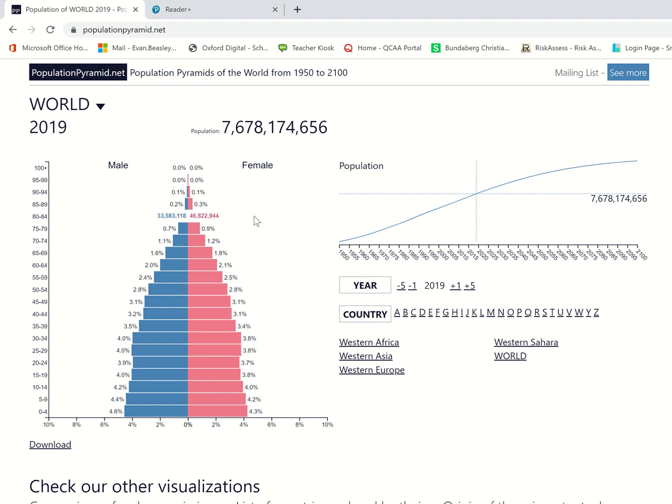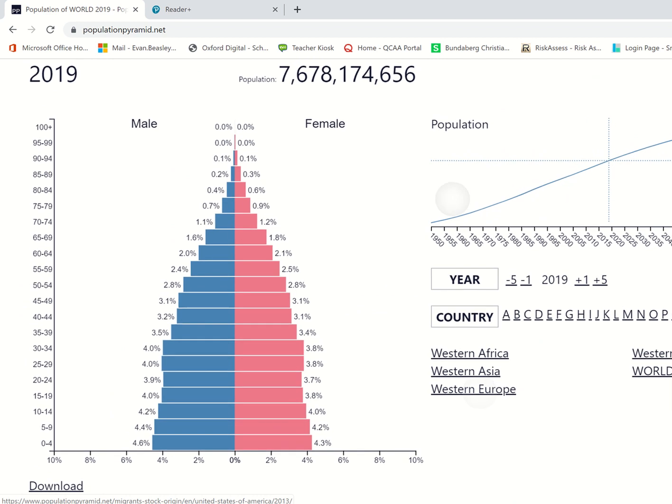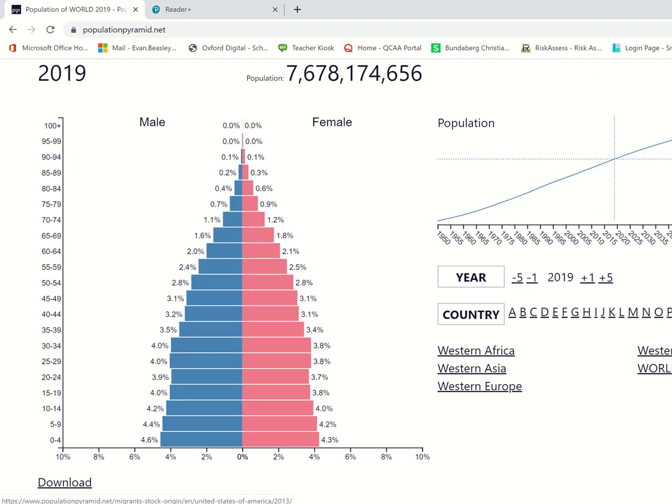But if we have a look up higher, you can start to see that this number changes. So where does it change? 3.2 is fairly similar. 3.1, so 2.8, 2.8, there we go. So from people aged 55 to 59, you can see that females are starting to become the majority of that section of the population. So that's an interesting thing that you can note with a population pyramid, is just the changing